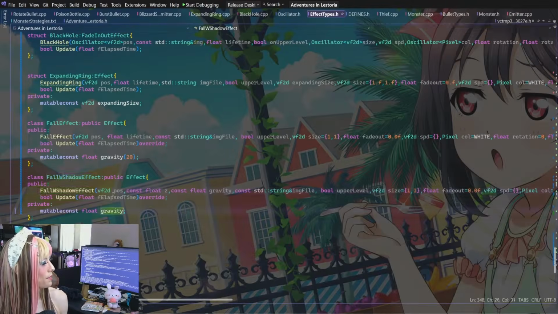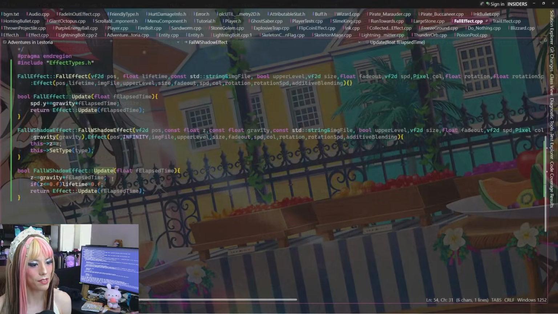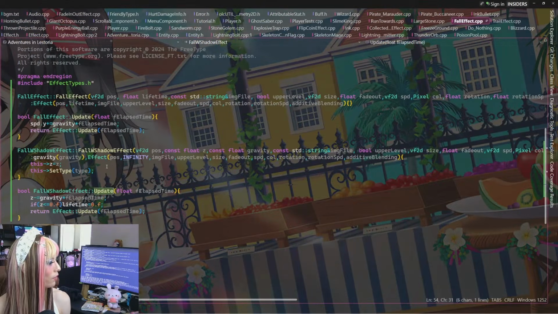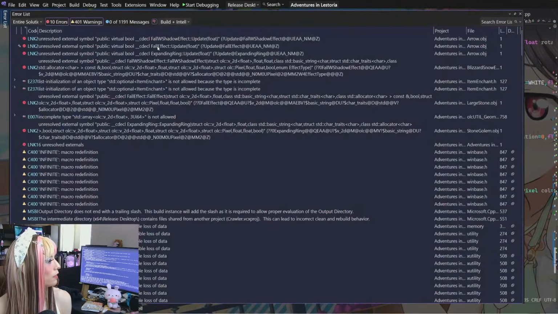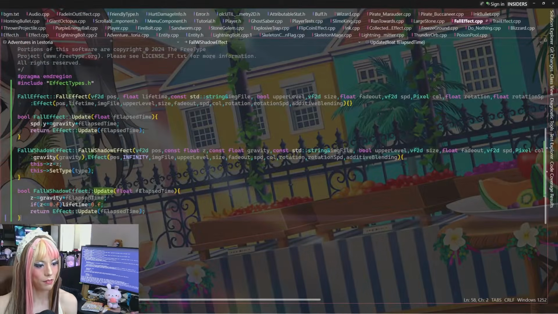So that's nice. It says this update function doesn't exist. It's right here. So I'm not sure what it's complaining about. Fall W shadow effect update float. Unresolved.